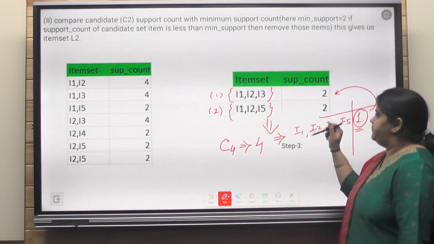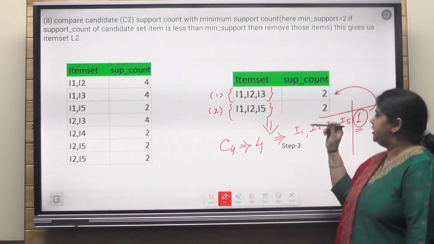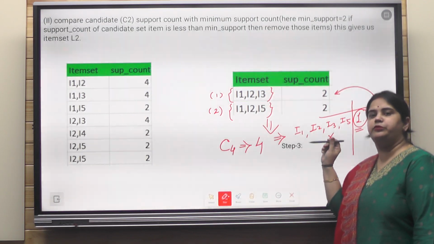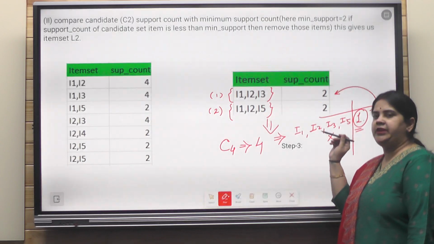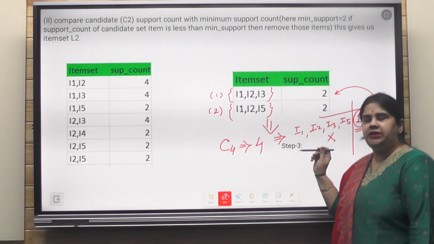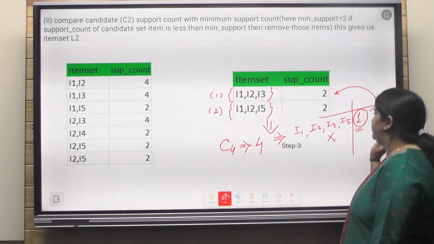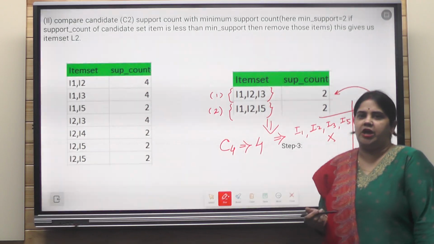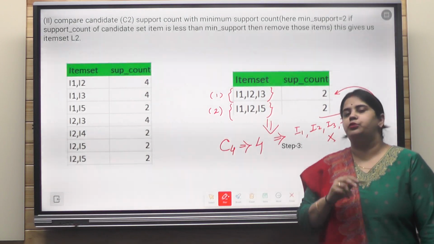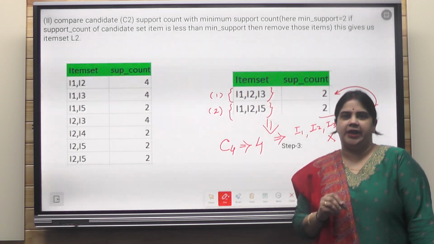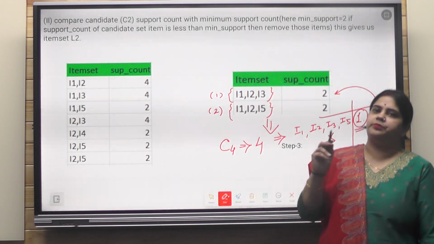So by this step, your conclusion is that we would proceed to the next 4th step. We'll find the candidate set also, but if our support minimum threshold value is not ensured, it means that it is not going to be considered my frequent item set. I will come to the previous one.